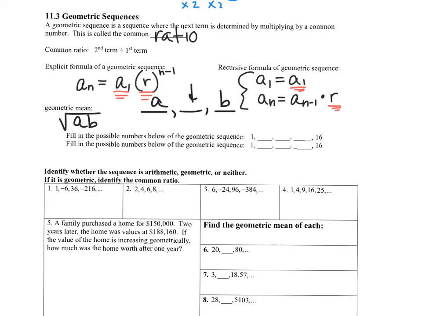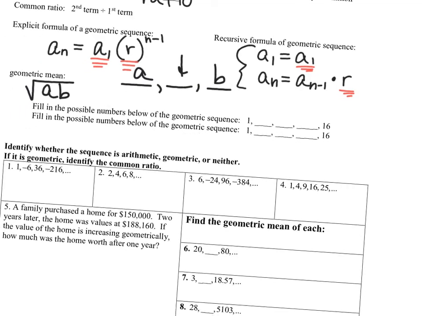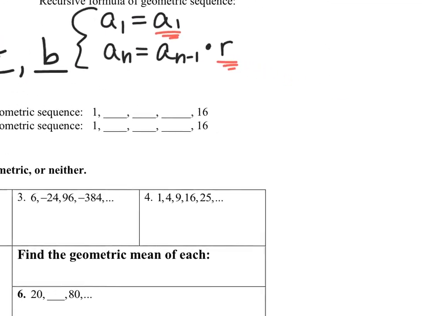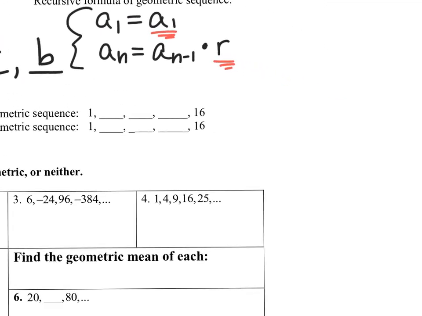So in a geometric sequence, I'll zoom in right here. If I have the sequence 1, 2, and I know it's geometric, in these 3 blanks, this number can be found by taking the square root of 1 times 16. So this number is 4. However, if you find the geometric mean of these two, this is the square root of 4, which is 2,